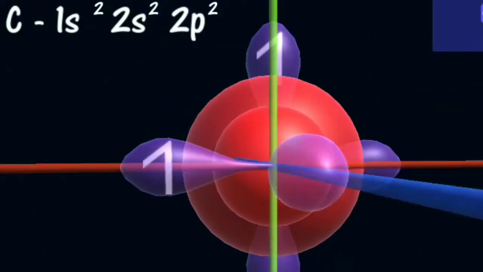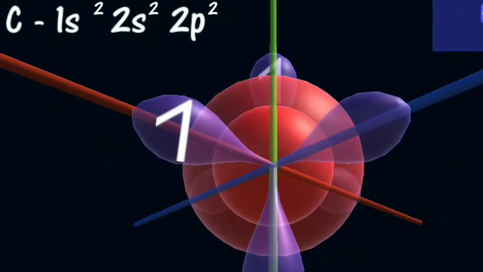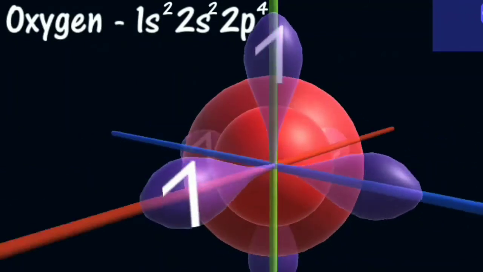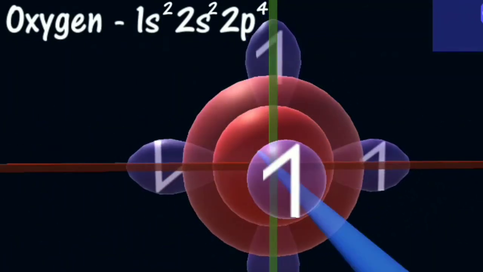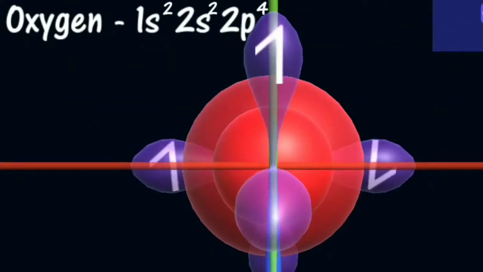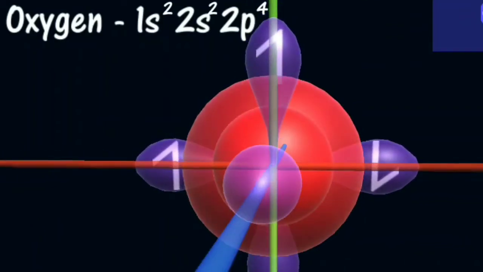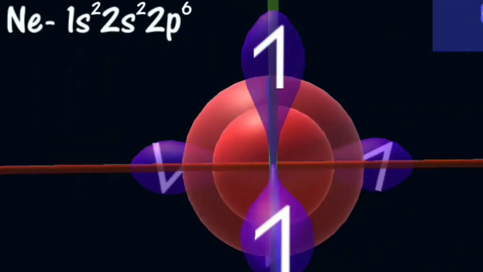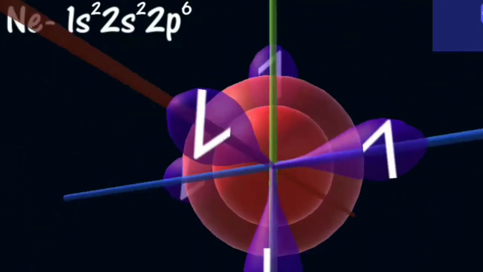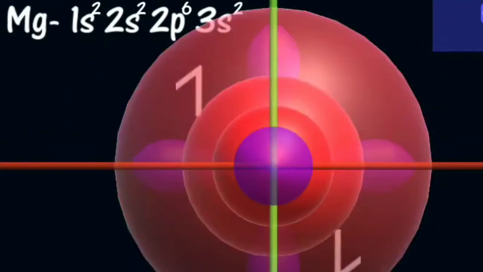You can see 2 electrons in 2 different p orbitals. They may be x, they may be y. And 2 electrons in 1s and 2s. This one is oxygen. In this you will find that one orbital has 2 electrons. Both the lobes of one orbital show 2 electrons, and one electron in each other orbital. This one is neon. You can see that along every axis there is an orbital and each orbital has 2 electrons, one clockwise, one anti-clockwise.